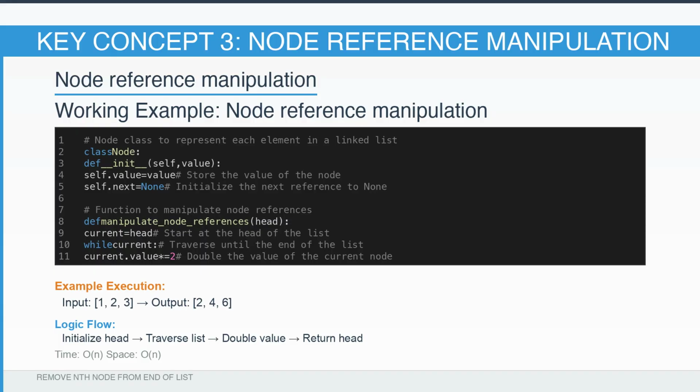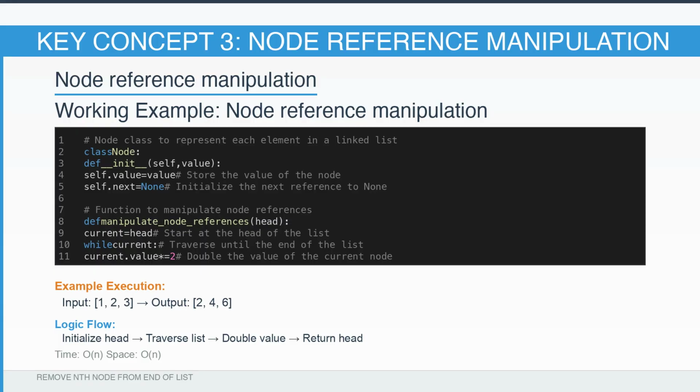This is done using a while loop that continues until we've reached the end of the list, which is indicated by a None reference. The example usage shows how to create a linked list with 3 nodes, holding the values 1, 2, and 3. By calling the Manipulate Node References function, we alter the values of these nodes, demonstrating how we can manipulate node references effectively. This process illustrates not just how to create and traverse linked lists, but also how powerful node manipulation can be